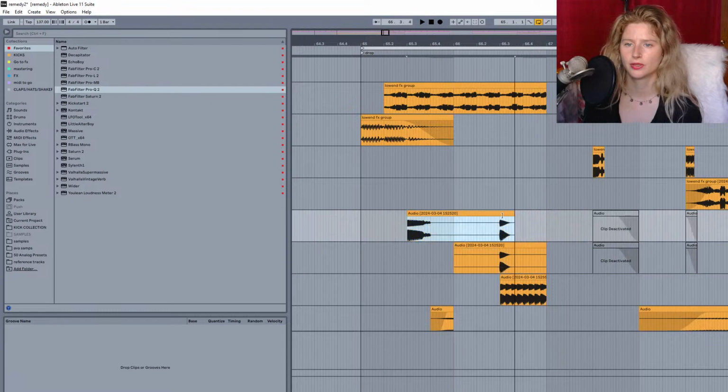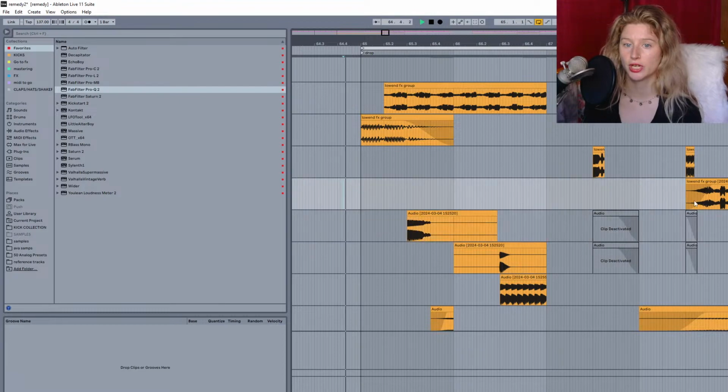Also, just to build some stereo space here, let's just pan these ever so gently.